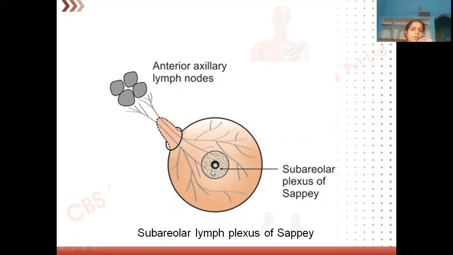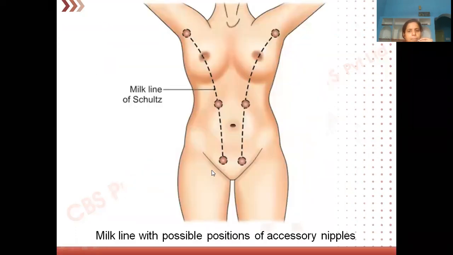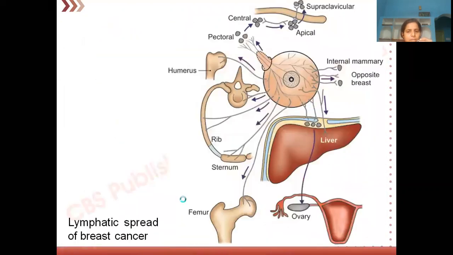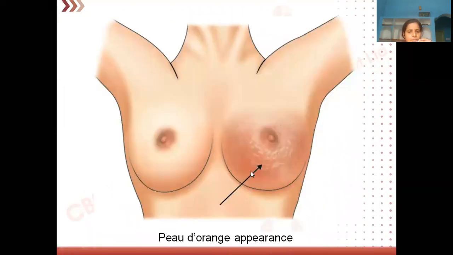Just below the areola we will see development. So this picture is much better in fact. This is the mammary ridge or the milk line you can see, which is extending almost from the pubic arch to the axillary region. Only in the pectoral region it is developing into the mammary gland. Now see here, this picture is nice. So this is purely orange peel appearance, which we see in case of carcinomas and also in case of inflammation, if there is any infection. You can see the nipple is also retracted inside.